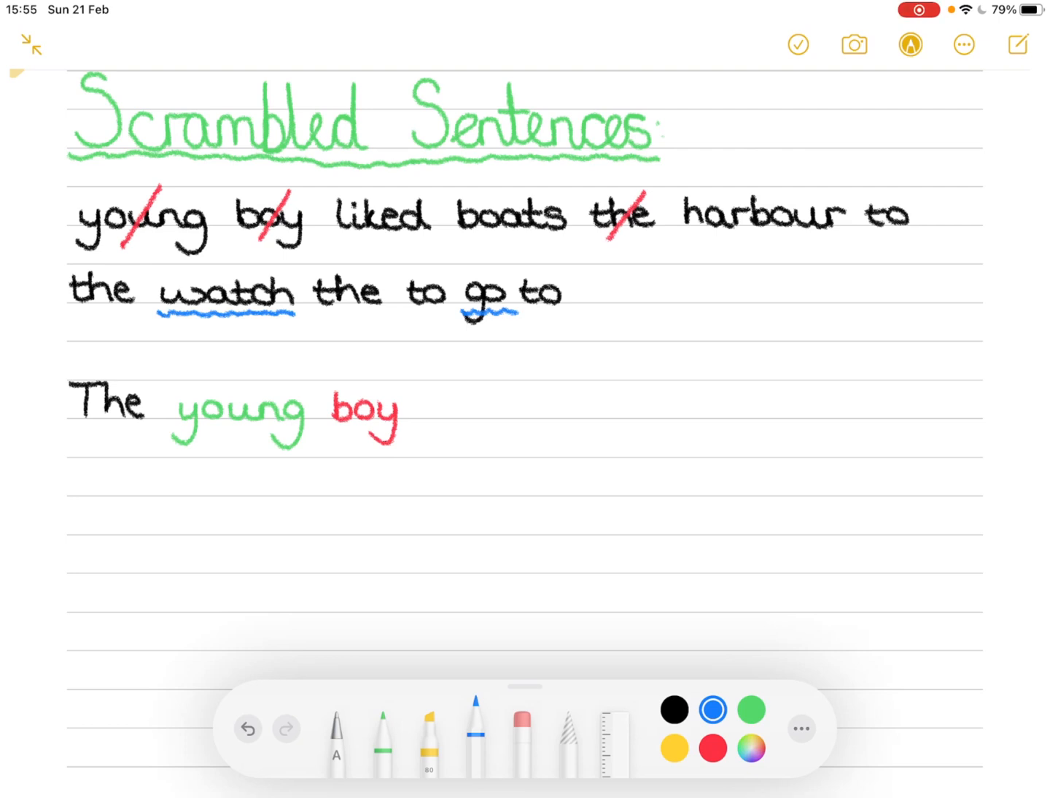So the young boy, if he was to go somewhere, he could go to the harbour to watch the boats. But if he watched the boats, he wouldn't be able to do anything with the harbour. Okay, so that makes up our mind. We know which one we're going to use. So he has to go to the harbour. So the young boy, and we're going to say he liked